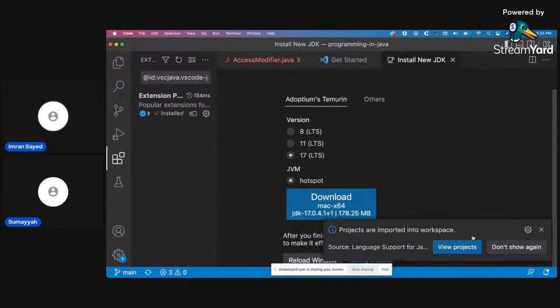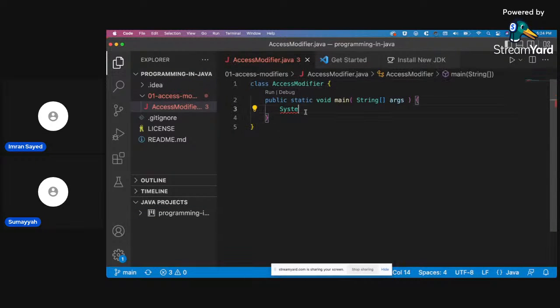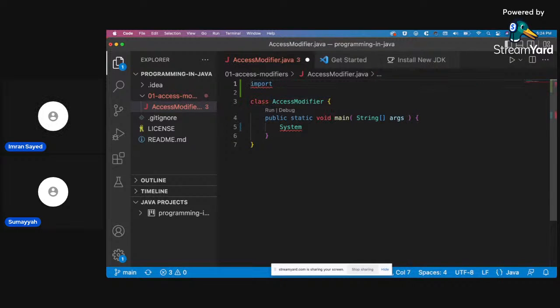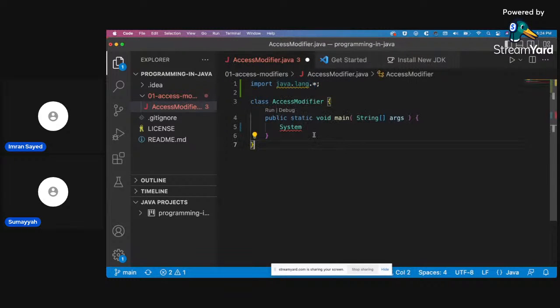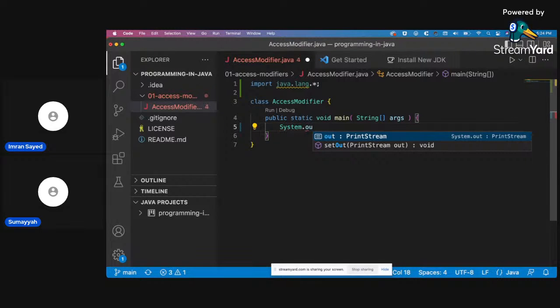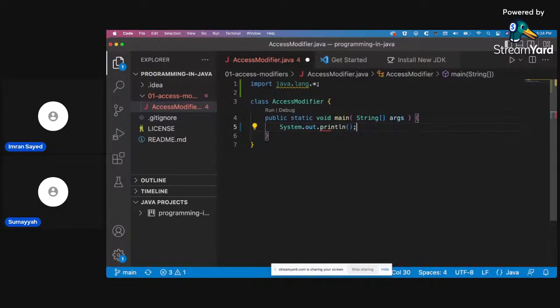Okay, so hopefully this works. Should have imported java.lang on top, right? See if this is working.